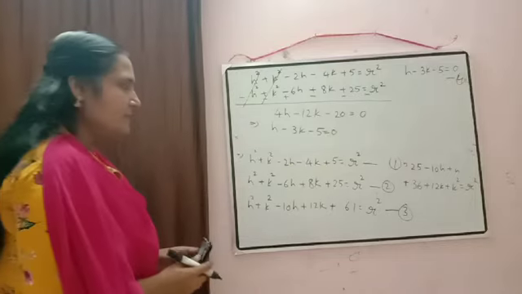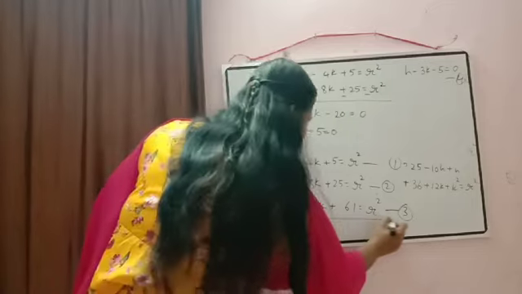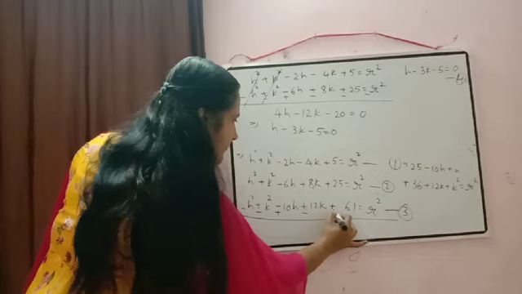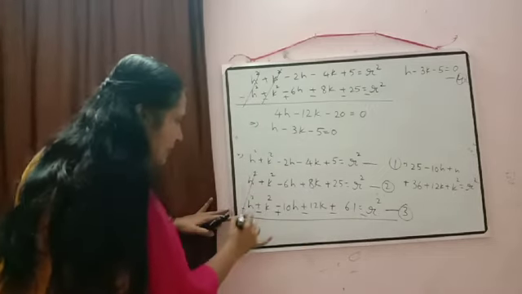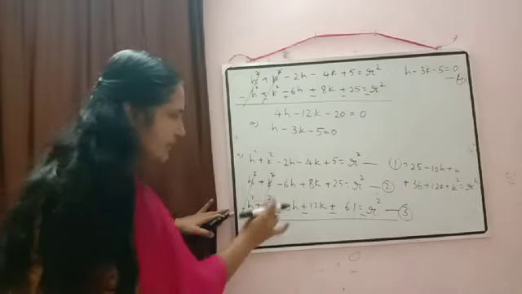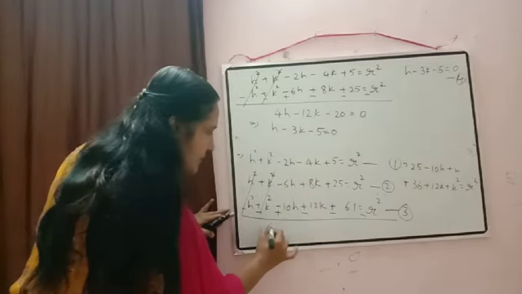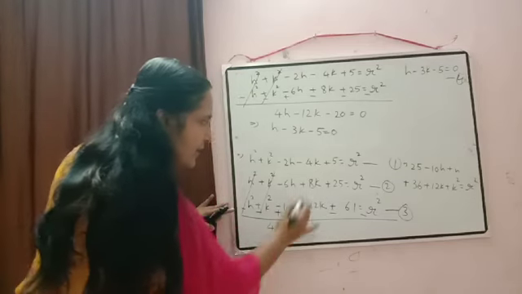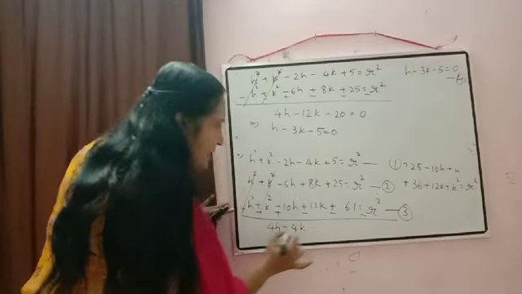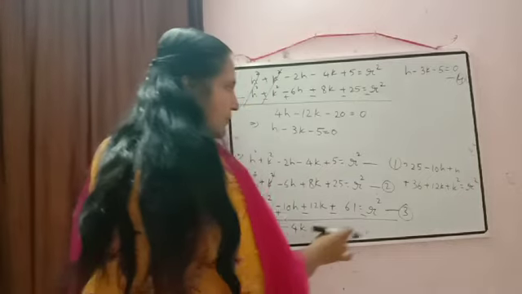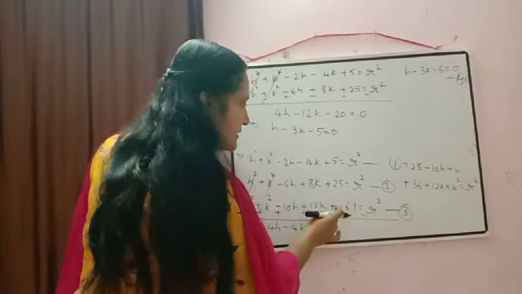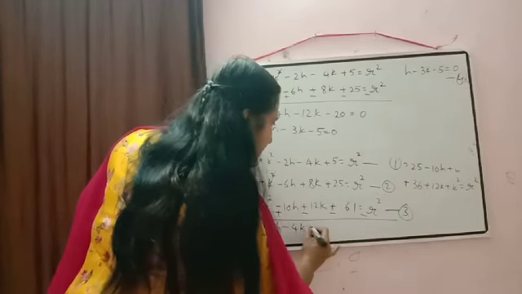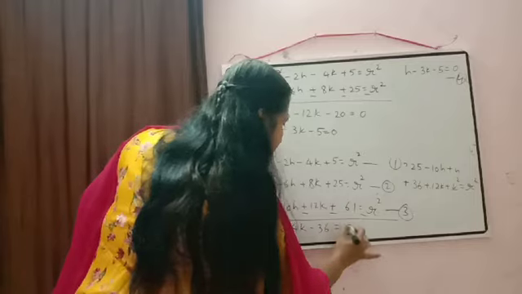Equation 2 minus equation 3. So shall I do here only? Okay. So here it will become negative, negative, positive, negative, negative, negative. So this one will get cancelled. Here also it will get cancelled. Minus 6 plus 10, so that will be equal to plus 4h. Then here 8k minus 12k, 8 minus 12 will be equal to minus 4k. Here 25 plus 36 is 61. So 25 minus 61 will be equal to minus 36 is equal to 0.